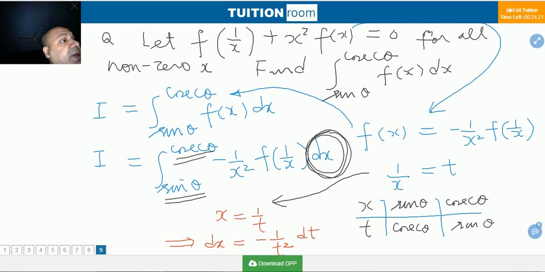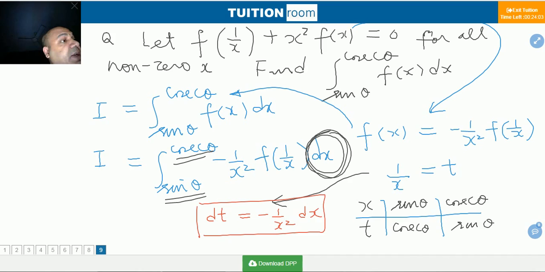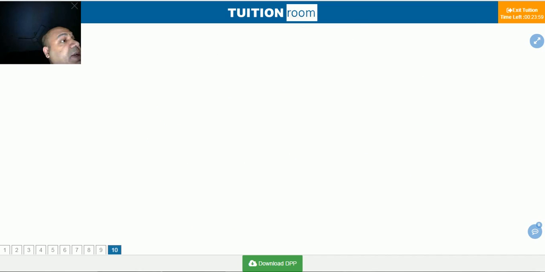If we differentiate this relation, we will get dt equal to minus 1 upon x square dx. This is very important. Now, our integral gets converted into I equal to